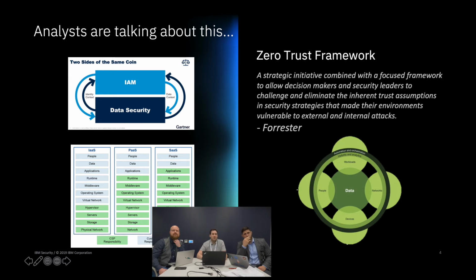So I think when we look at this, there are two sides of the same coin in terms of identity and access management and data security. The one thing I would say is it's easier said than done. It's very easy to discuss these things as we are. Very difficult, or maybe not difficult is the right word, but a lot more difficult to achieve, going forward in terms of merging the two. But that was one of the reasons for the presentation.